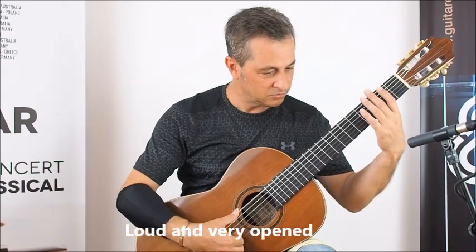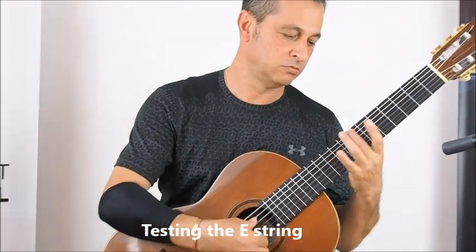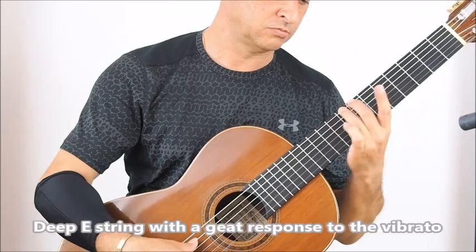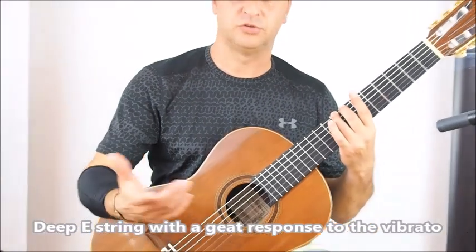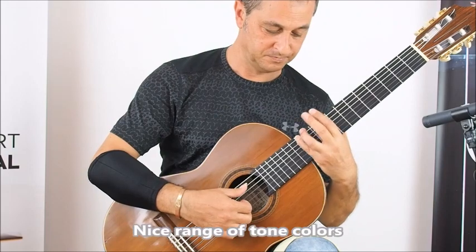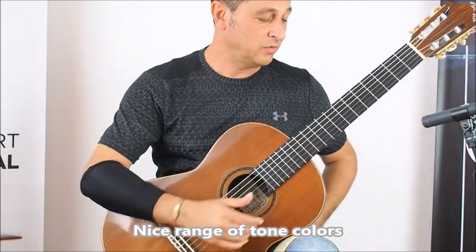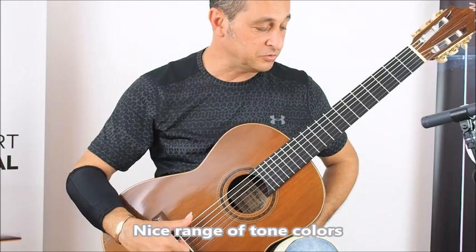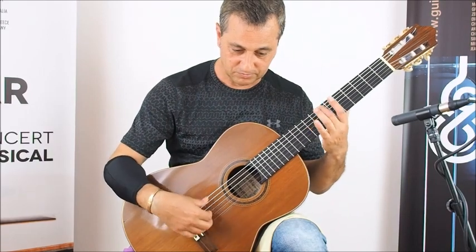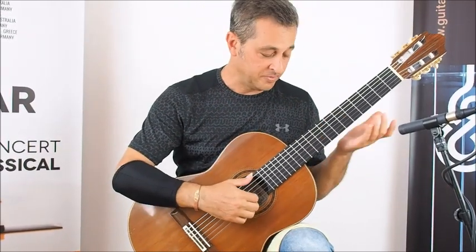And the basses, it sings out naturally and responds well to the vibrato. As you can see, it changes a lot depending on where you play on the string. The voice is lovely, but you can do whatever you want on this guitar. And the A string,